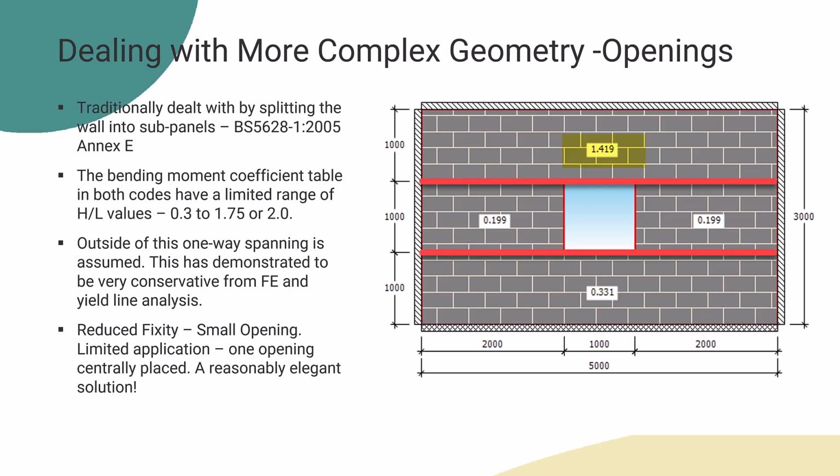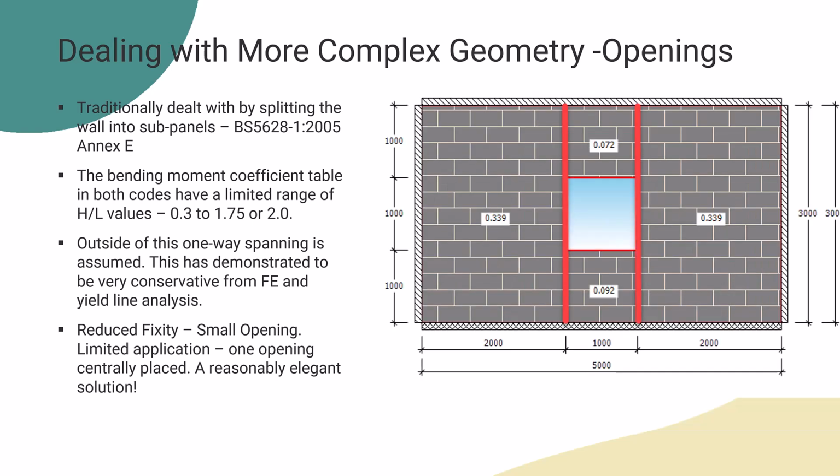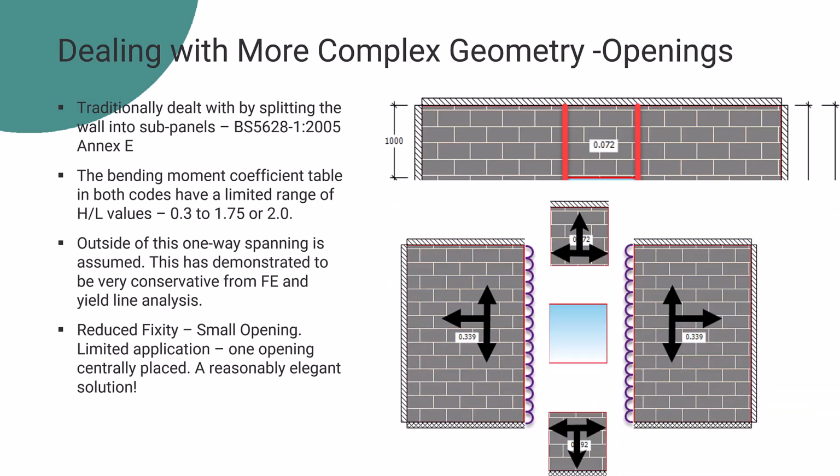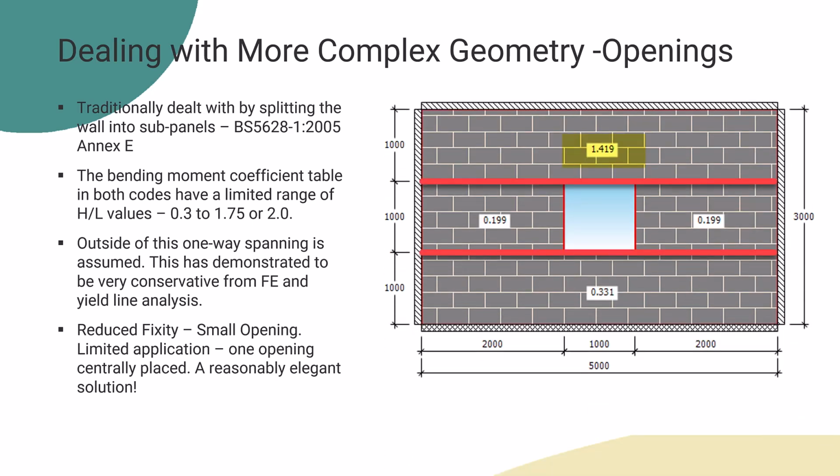I would argue in this situation the vertical spanning route was more appropriate, but this does highlight one of the first major limitations with this sub-panel design methodology, combined with the moment coefficients that are presented by the code. And what we can see here is this top sub-panel is now giving us a unity ratio which is failing, which is very, very different from if we just go back to what we had here. So how can these 2 positions for the same wall be so different? Which is obviously one of the questions that designers often ask, and we often got asked whenever we were using